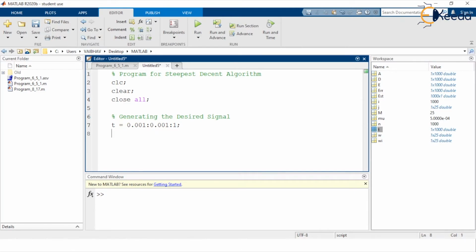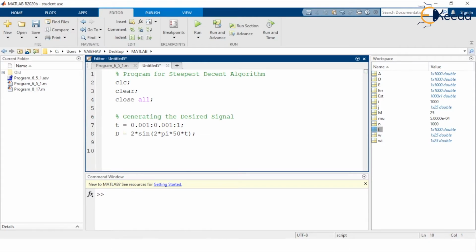Then according to this time variable, the desired signal D is generated as 2 multiplied to the sinusoidal function sine here. Inside the parenthesis we have the harmonic variations as 2 multiplied to the constant pi further multiplied to 50 times the time parameter t here. So asterisk denotes the multiplication in the MATLAB environment here. So the desired signal is now generated here.